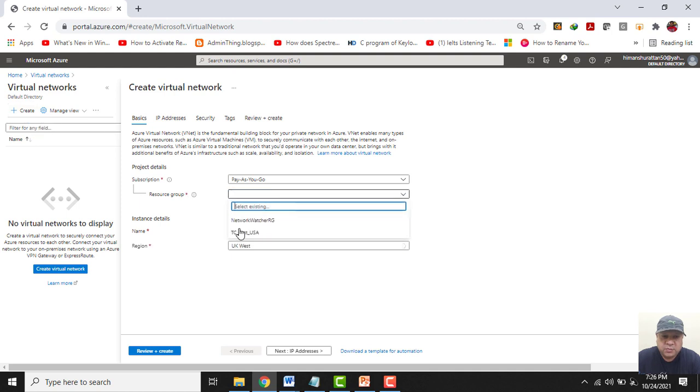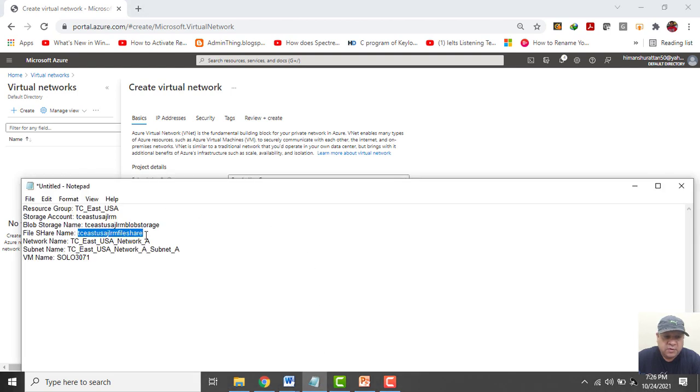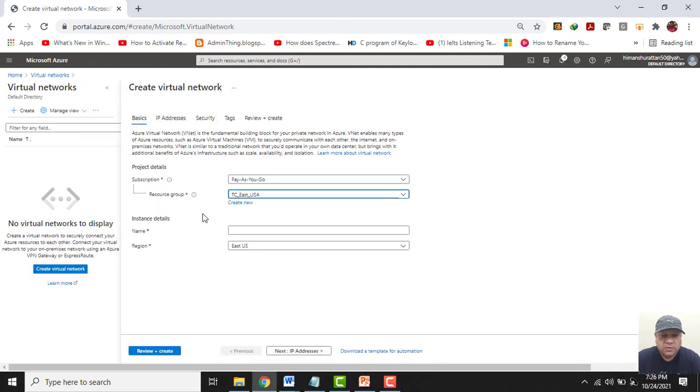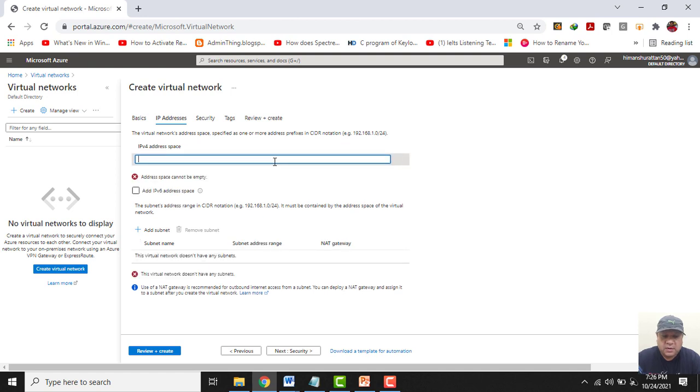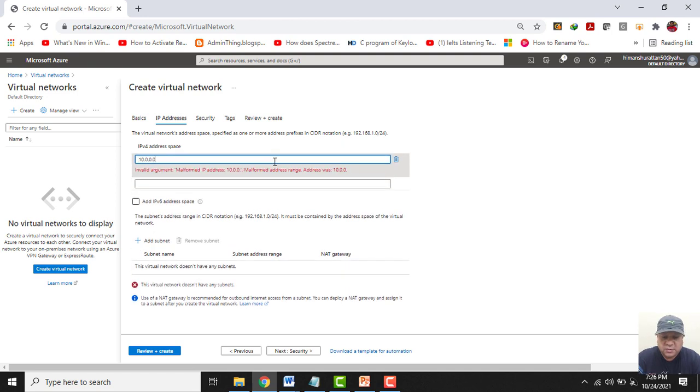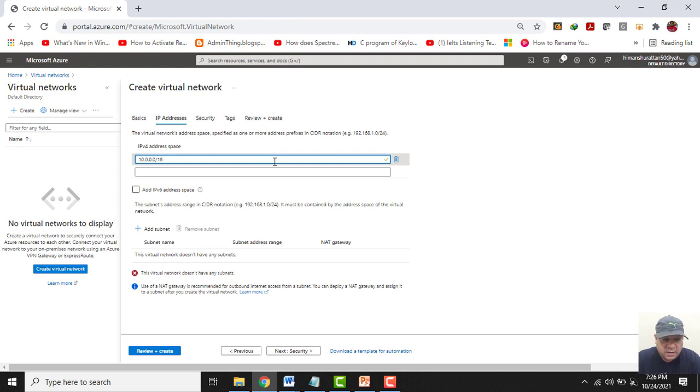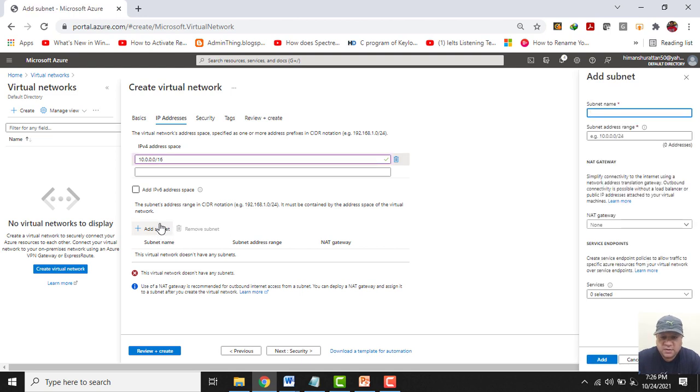I will select the resource group as TC_east_USA, and I will give the name of my network as TC_east_USA_network_A, in which I am going to use a series of IP addresses 10.0.0.0/16.